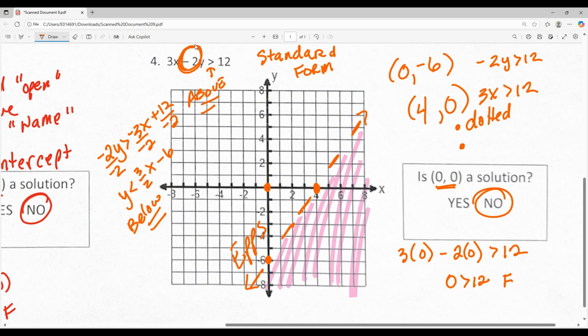Any questions? All right, you have a practice sheet. Go ahead and get started on those first 6 questions. I'm going to set this up so that we can do the bottom